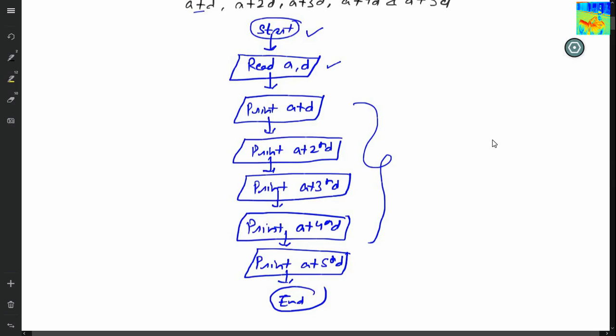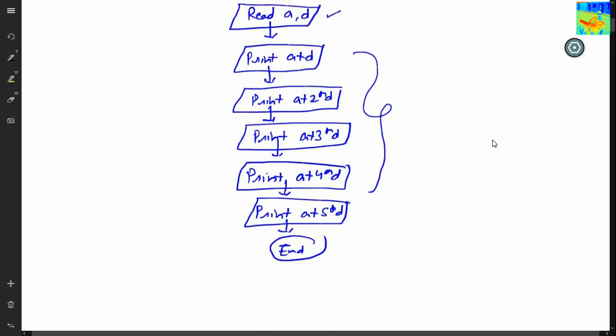Let's come back to the question that I asked you. What is the problem with this approach? Yes, you got it right. This approach is very time consuming and inefficient. But why? The answer is very simple. We are doing the same work again and again. Basically repetition is there. We are printing again and again, so this is just repetition of the work.